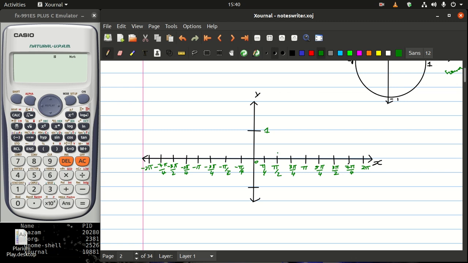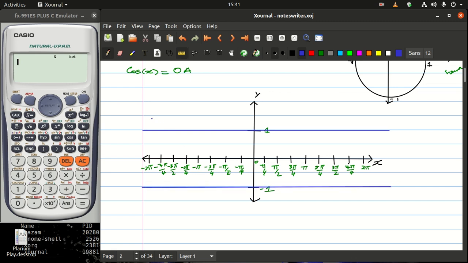Here I want us to have a 1, and here I want to have a negative 1. The goal is very simple. We want to plot cosine of x, which is the same as OA. Okay, let me change this now. And also another thing that I wanted to do, I wanted to have a line that is going to pass through 1 there, and then another line that is going to pass through -1, and then after that